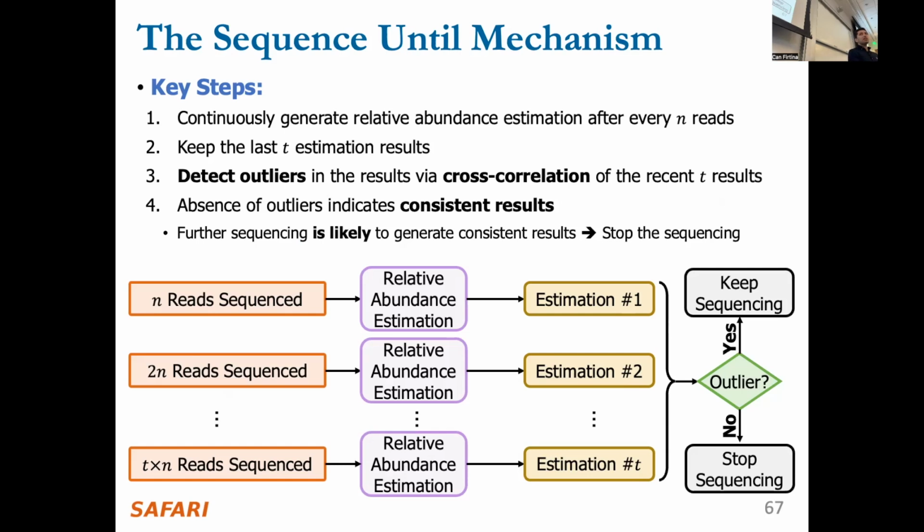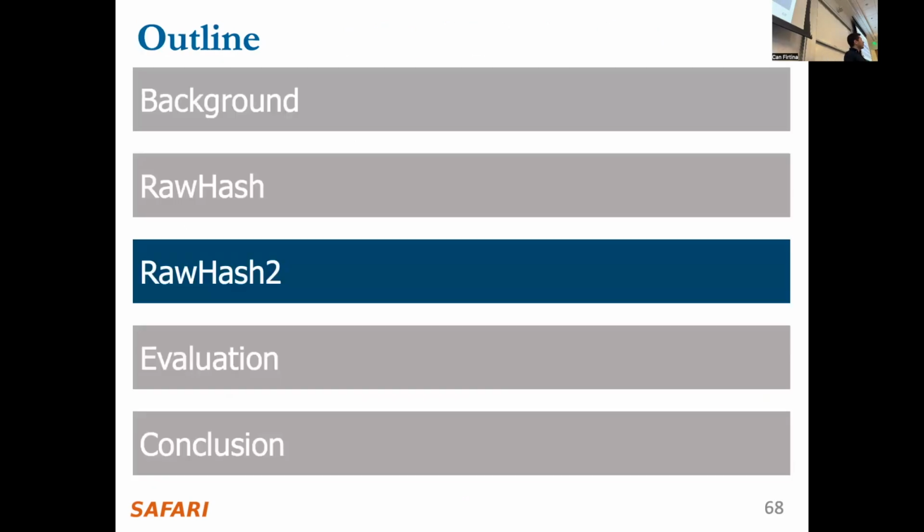And if there's an outlier, then this means that the sequencing keeps changing the results substantially. So we just need to keep sequencing, basically until we reach this decision point. So this is sequence until, and then we can somehow merge these two with RowHash